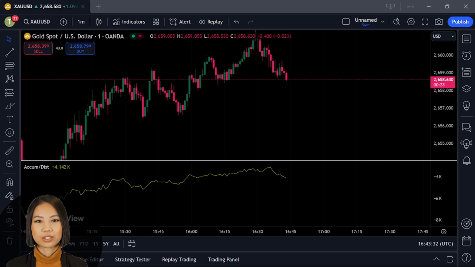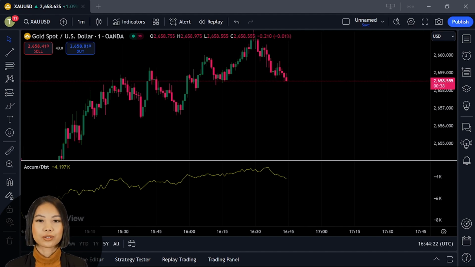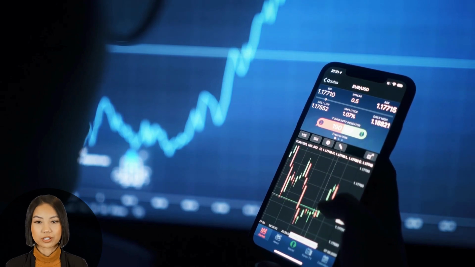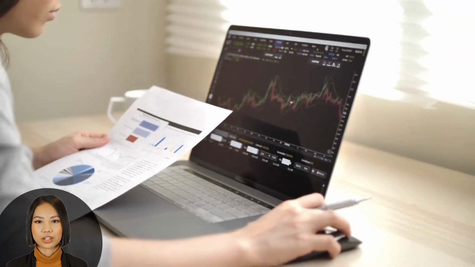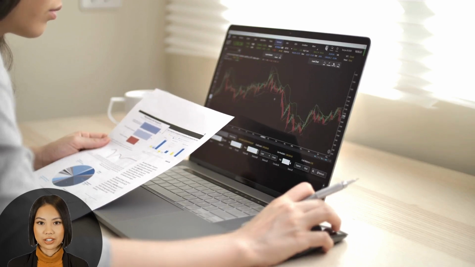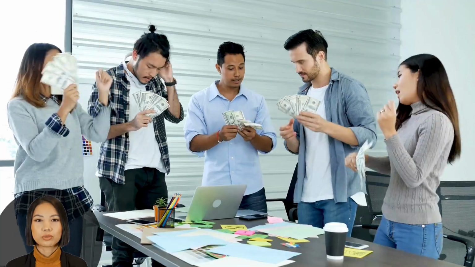Today we're diving deep into a powerful indicator, the accumulation distribution line, or ADL for short. If you've been struggling to spot the subtle shifts in buying and selling pressure in the market, then this is the tool you need to understand. The ADL helps track the flow of money into and out of a security, showing you where big traders are